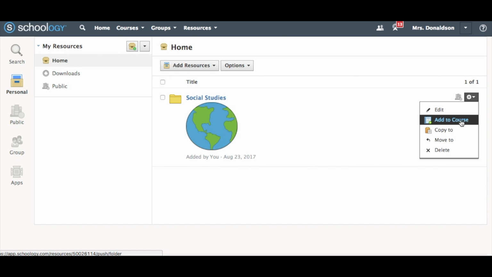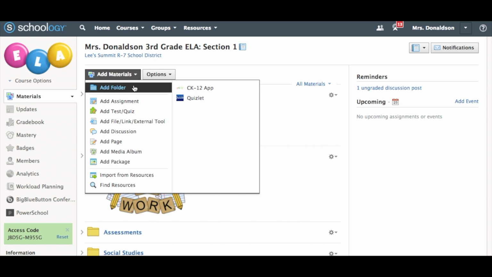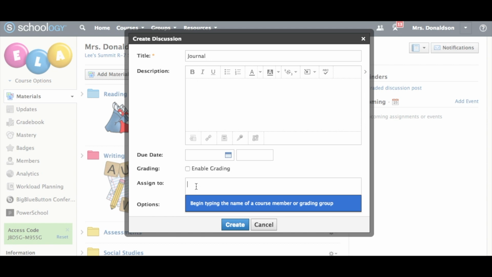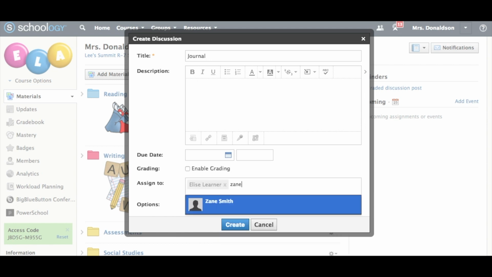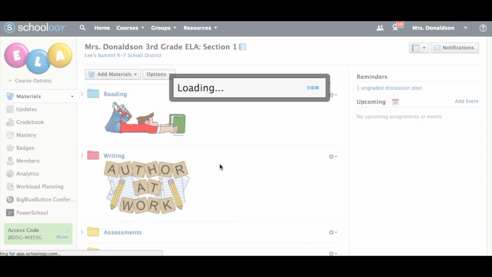Mrs. Donaldson can also create her own materials just as easily. For example, in Schoology, she can transform learning by incorporating the 4 C's by posting discussions and assignments. She can also use the assessment feature to gauge student learning, both formative and summative. She can individually assign different activities to different students based on their needs. And she can invite students to publish their work in a media album and use the comment feature to ask